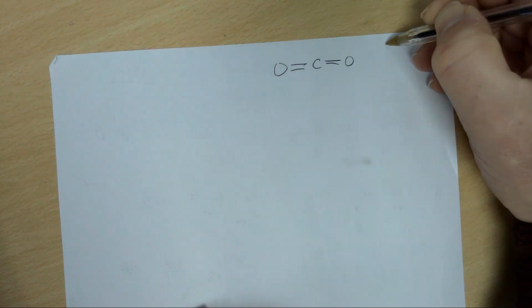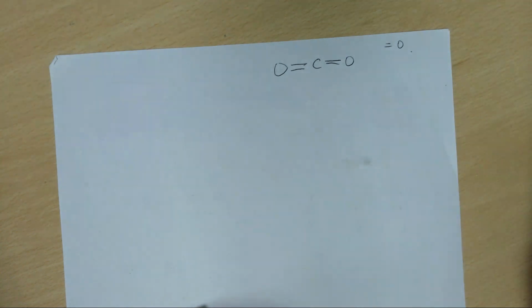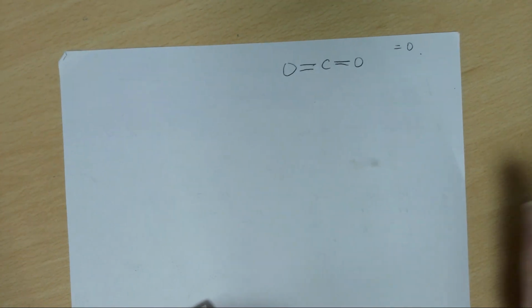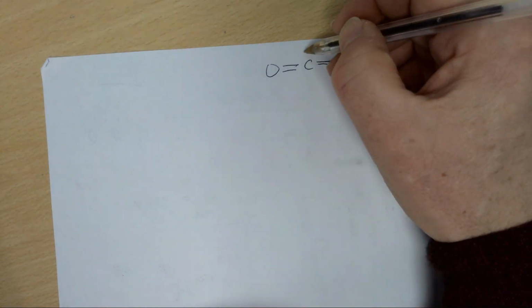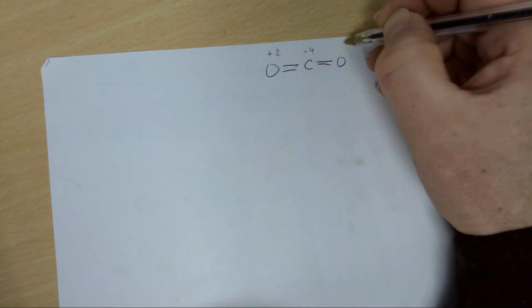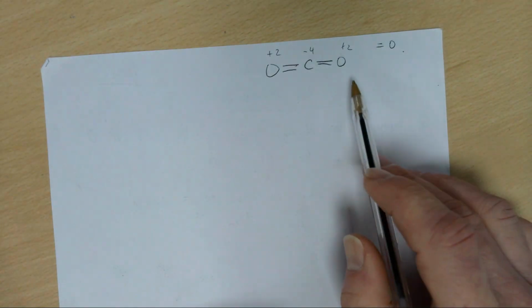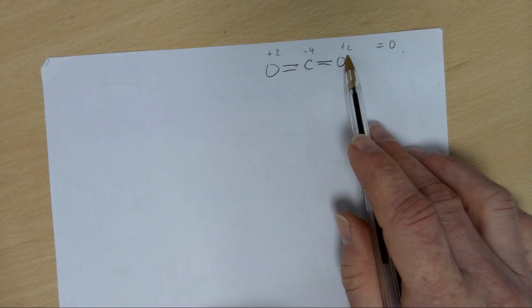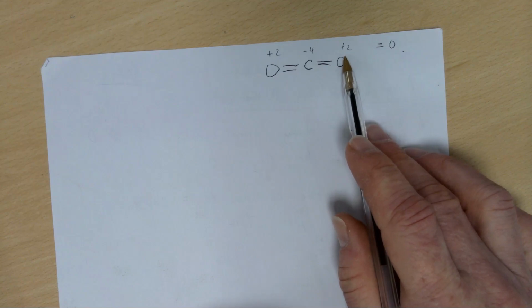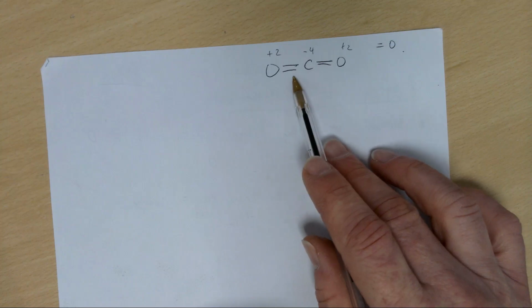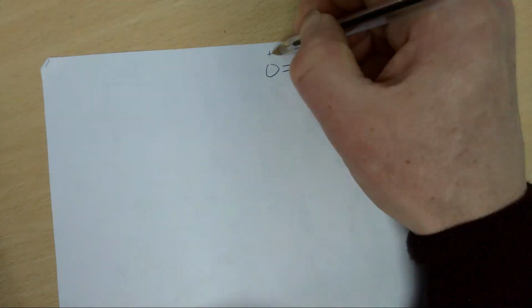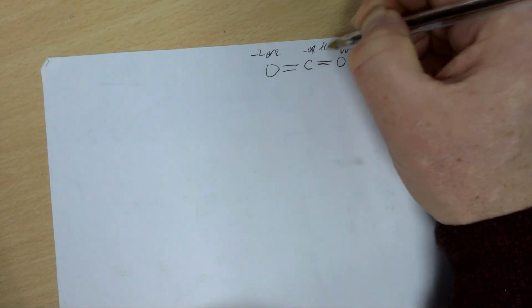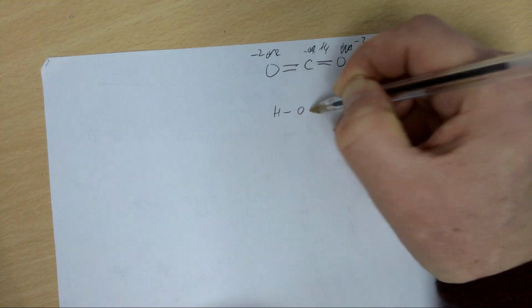So there's carbon dioxide. We know it adds up to 0, all of it, and you could argue this is, say, minus 4 plus 2 plus 2, but that doesn't work because oxygen's more electronegative than carbon, and so the minuses must be on the oxygen. So it must be minus 2 plus 4. If I do water, water is again